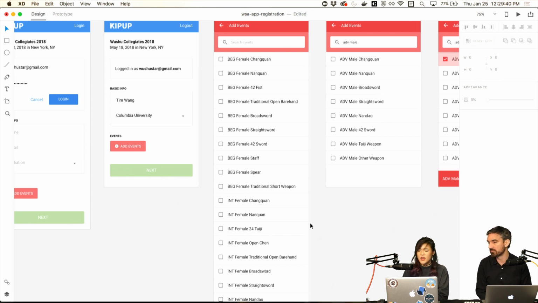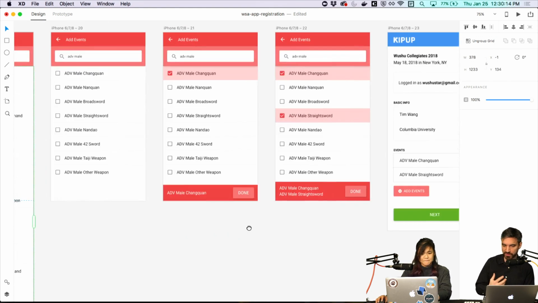Something to explore. Yeah, I think for the most part I would probably move ahead with this just to build. I mean, this is the base case for anything. And it worked. And then we can add stuff on top of it later. Especially for things that are really well defined for a competition like collegiates, where you have multiple levels and male, female. But for the other competition that Tim was talking about, trials, that list is much, much smaller. Oh, okay. So in that case, scrolling is totally the easiest way to go.